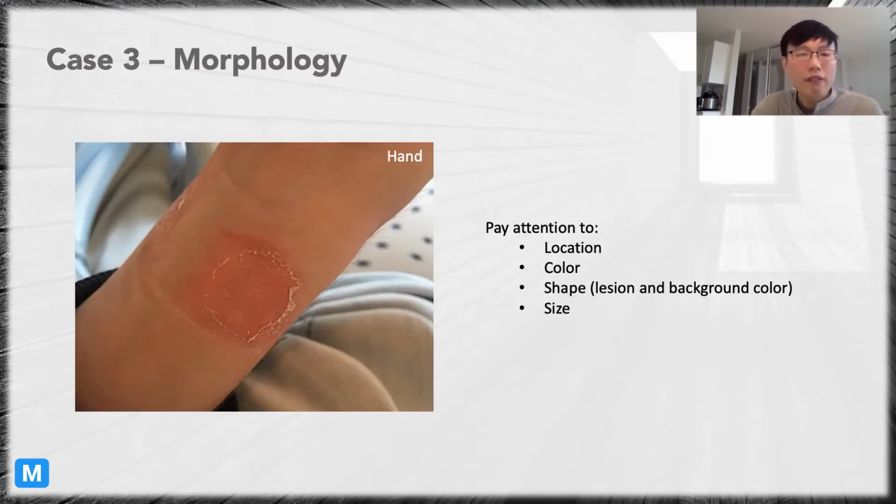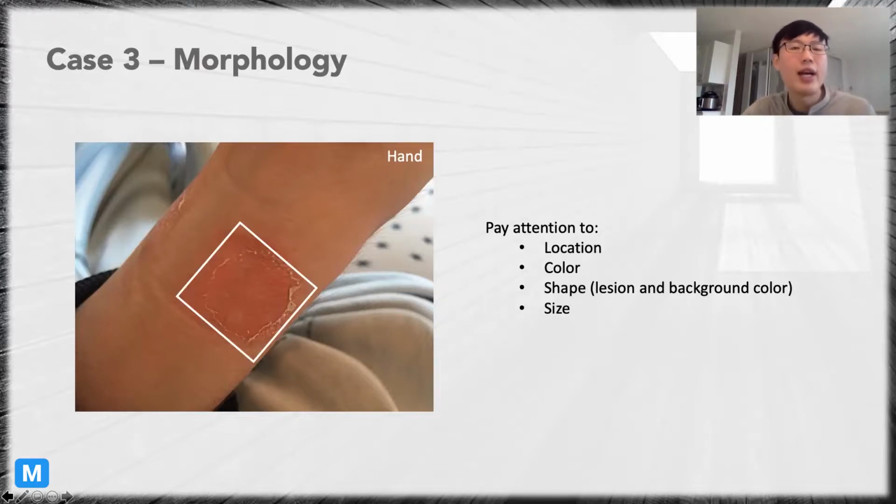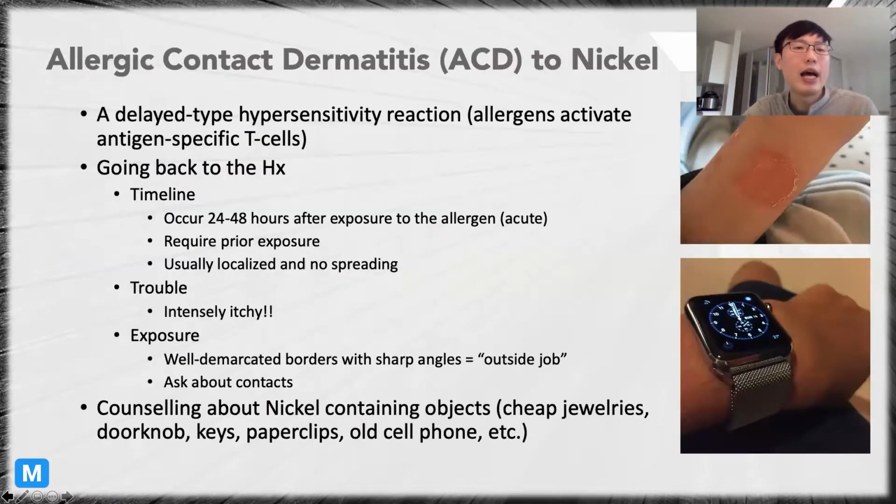Okay, hopefully you're able to appreciate there's a square, angular, linear appearance. It's fairly localized, and it's erythematous over the wrist. This should make you think of some kind of outside job, right? And so this is actually allergic contact dermatitis to nickel